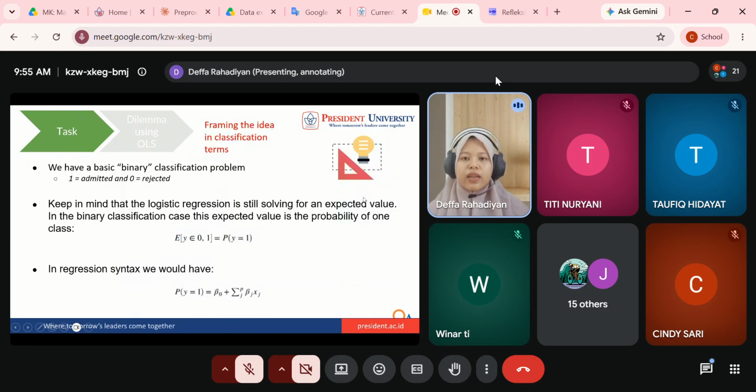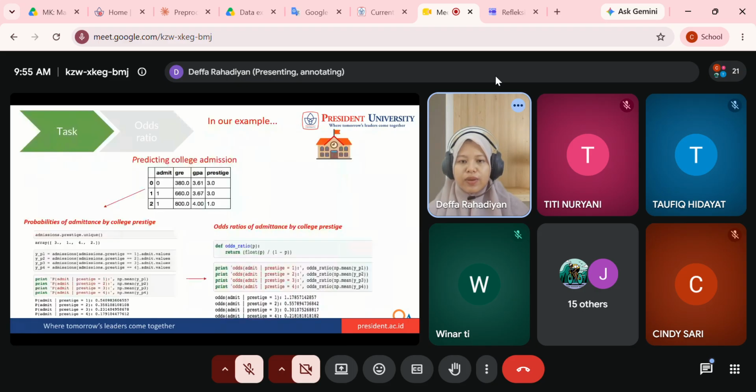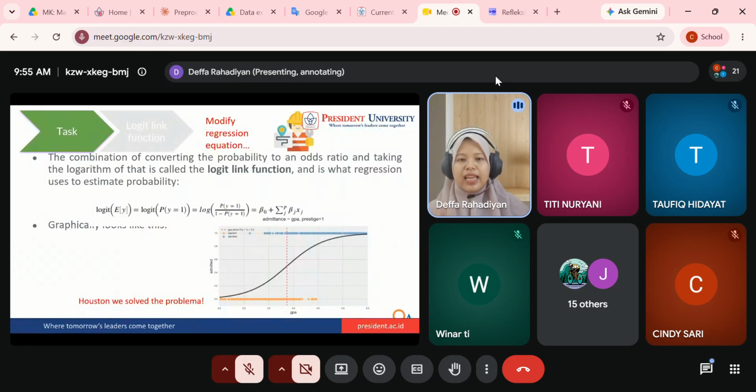That's why we have the thing that we call logistic. Wait, where is logistic? Nah, this is logistic regression. Using this type of line, this type of shape, we can split two categories based on this GPA value, and we can see that this type of line can differentiate the two classes.